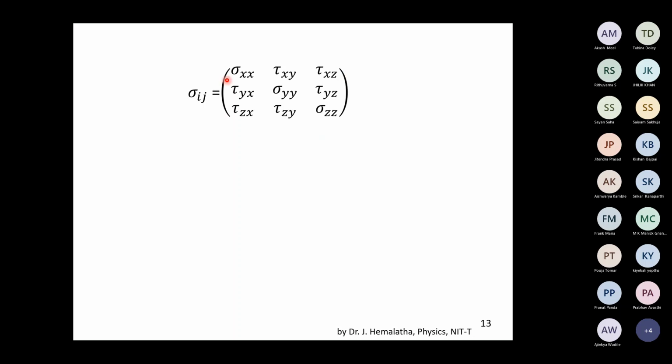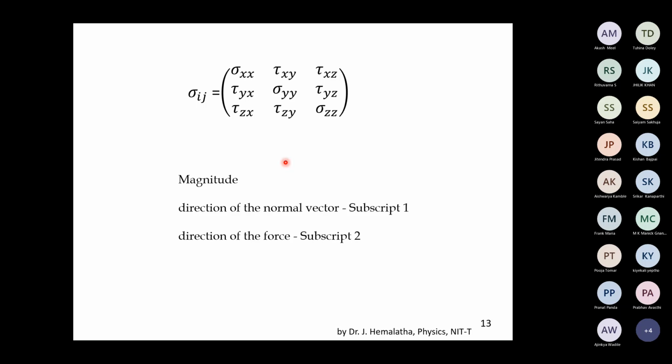Instead of getting only the magnitude, now you are getting its magnitude described in terms of two different directions. In whichever direction, in whichever plane you want the exact stress magnitude the point experiences, you will get it, right? That is the beauty of the tensor. It can elaborate the information with respect to the directions. So every component gives you the magnitude, and of each subscript, the first subscript represents the direction of the normal vector of the area, and the second subscript describes the direction of the force. So such elaborated information